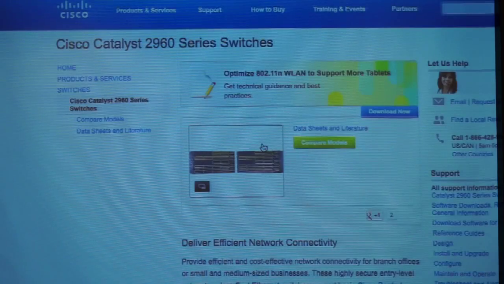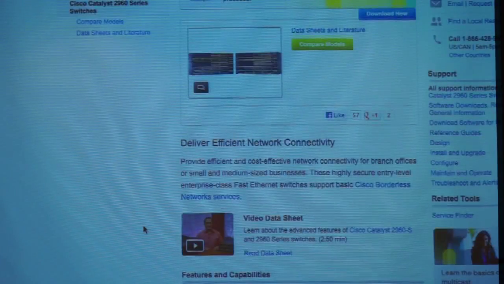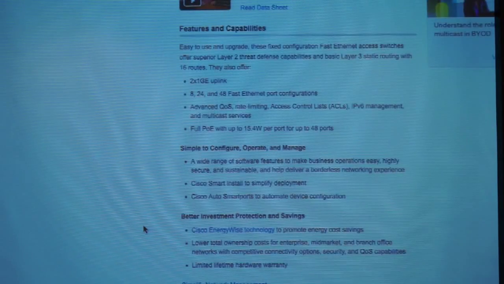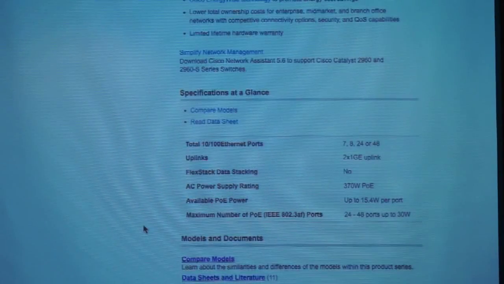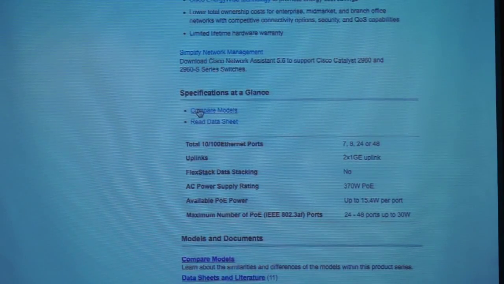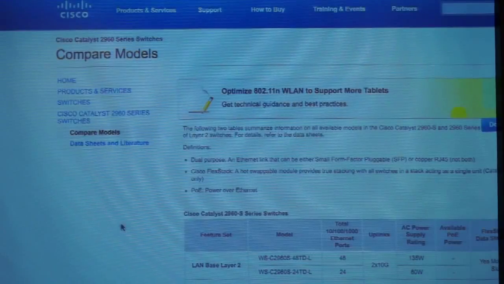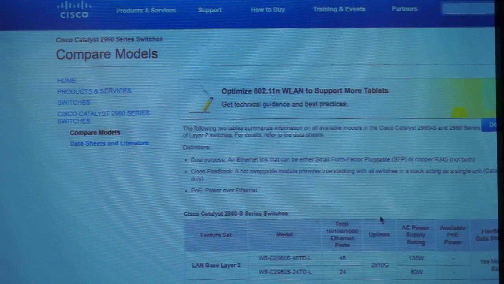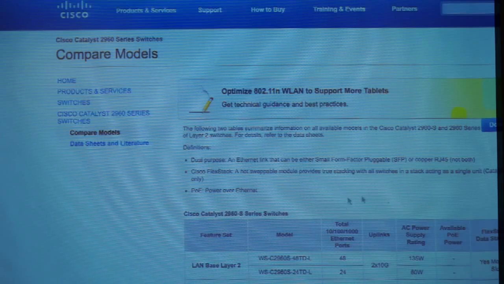So let's just go to this page here. It has 8, 24, or 48 Fast Ethernet port configurations, or Gigabit Ethernet port configurations, depending on what you want. We can go to compare models. Is there a kind of logic behind the numbering?